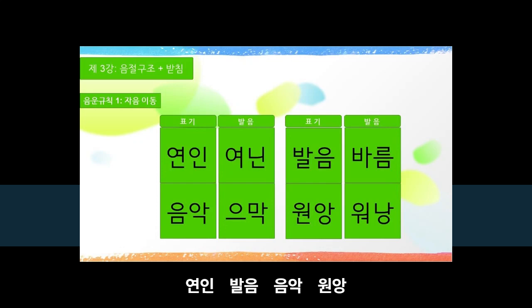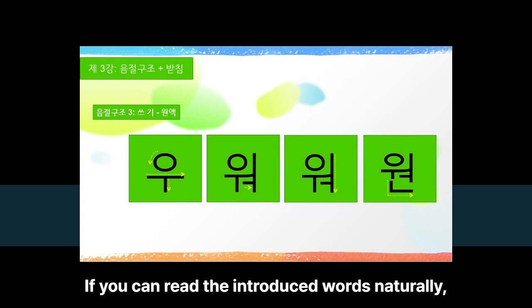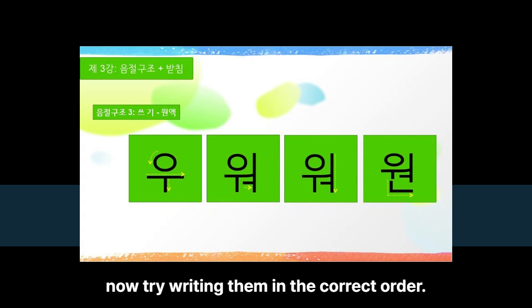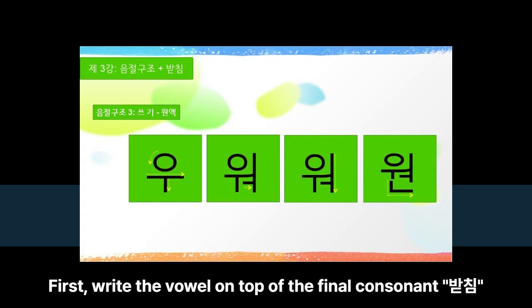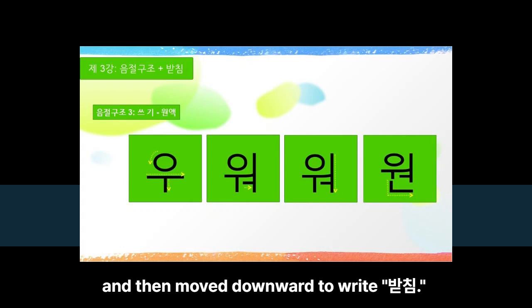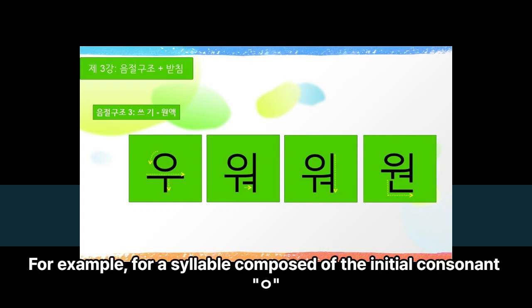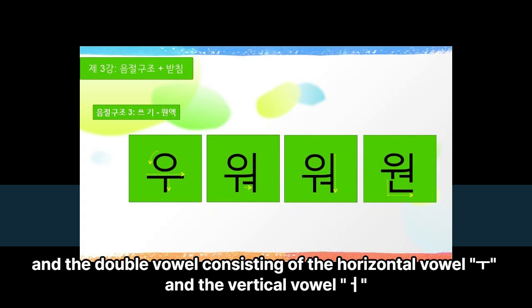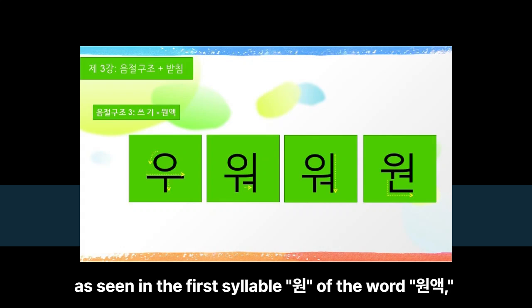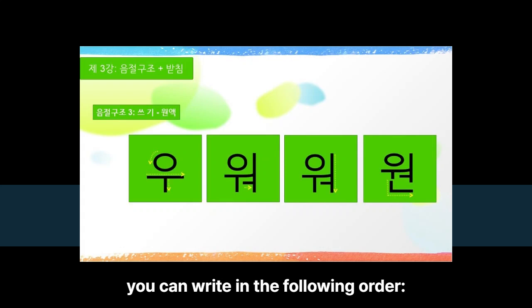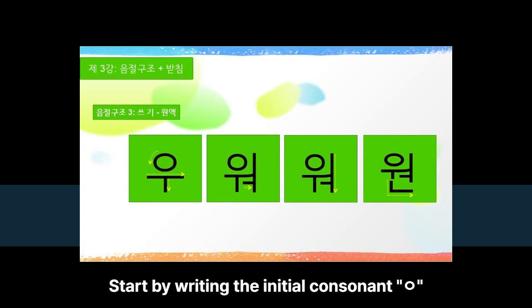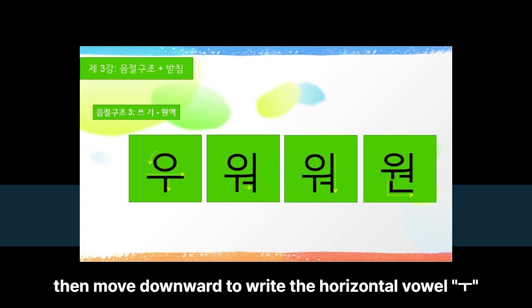If you can read the introduced words naturally, now try writing them in the correct order. First, write the vowel on top of the final consonant, botchim, and then move downward to write, botchim. For example, for a syllable composed of the initial consonant young and the double vowel consisting of the horizontal vowel wu and the vertical vowel as seen in the first syllable one of the word one ek, you can write in the following order. Start by writing the initial consonant young, then move downward to write the horizontal vowel wu,